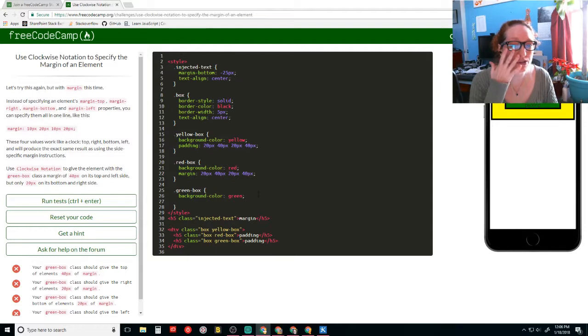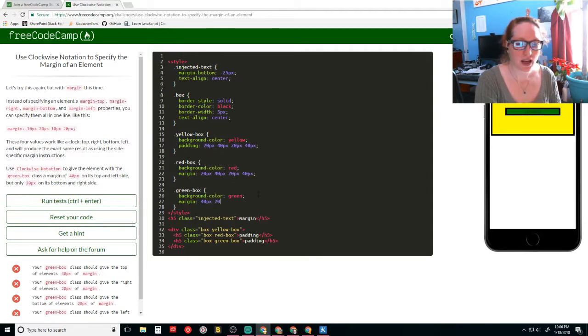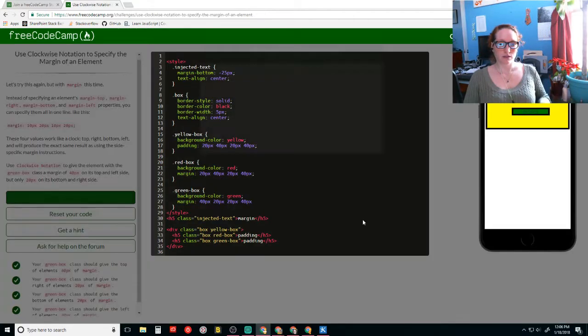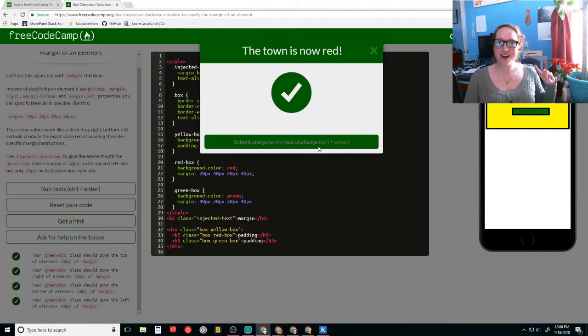Oh, but with the margin this time. So now it's margin. 40, 20, 20, 40. Shit, too many spaces. I like that it tells you you screwed up if it's highlighted or it's not the right color it should be. It has visual cues for when you done fucked up. I didn't that time though.